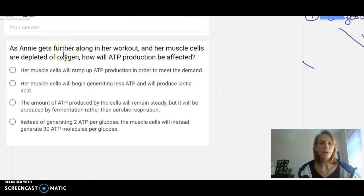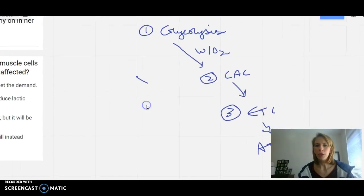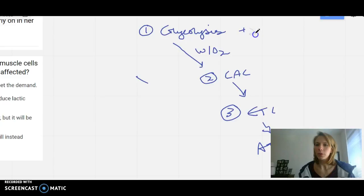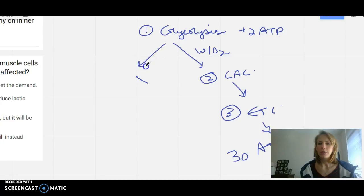So as Annie gets further along in her workout, her muscle cells get depleted of oxygen. And we want to think about, well, how will ATP production be affected? So when we think of the three processes that happened when oxygen was present, glycolysis does produce a little bit of ATP. So for one glucose, it will generate 2 ATP. The ETC leads to production of around 30 ATP per glucose. Now, these last two steps, citric acid cycle and ETC, they rely on oxygen. When oxygen is not present, so without oxygen,